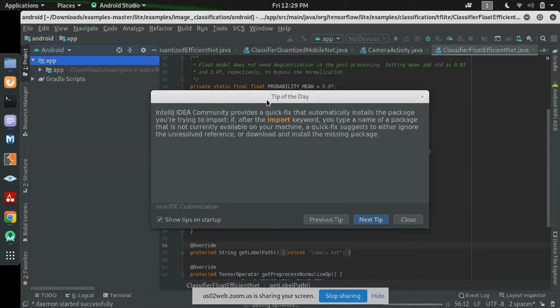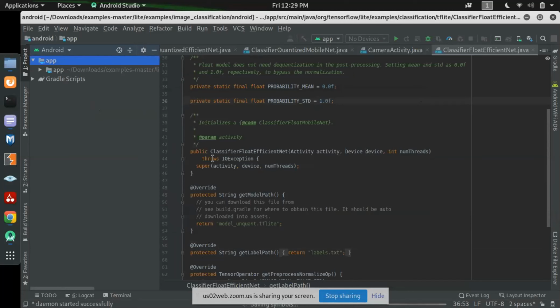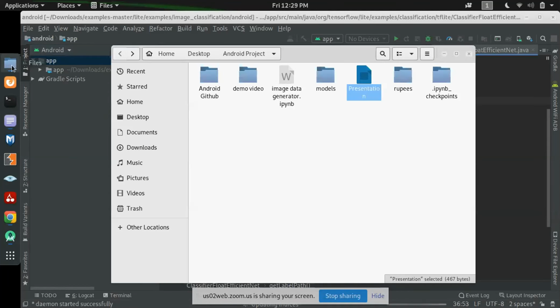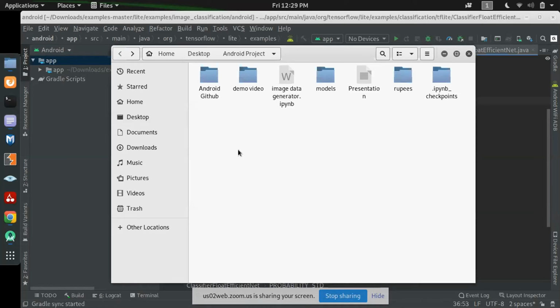Okay, cool. We have cancelled that tip. And before proceeding in Android Studio, we just have to do one thing. We have downloaded the model, and we have downloaded the repository also. We have to combine the both. That means we have to place the model in the Android project.